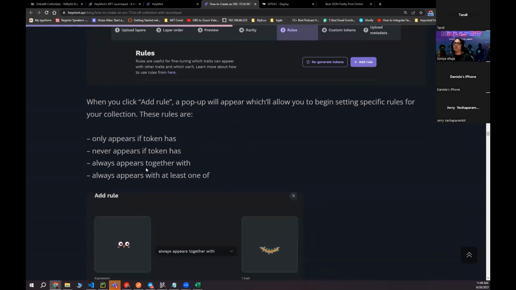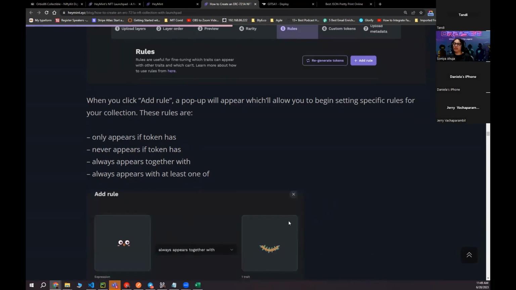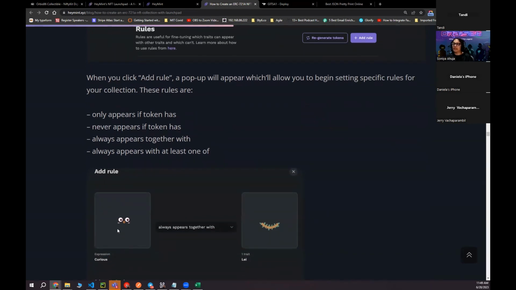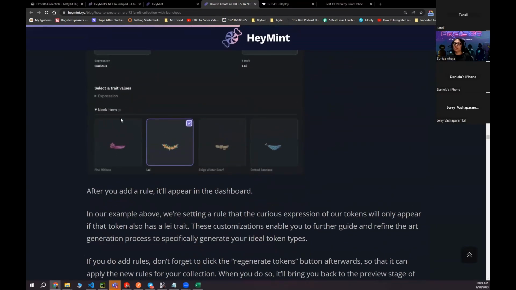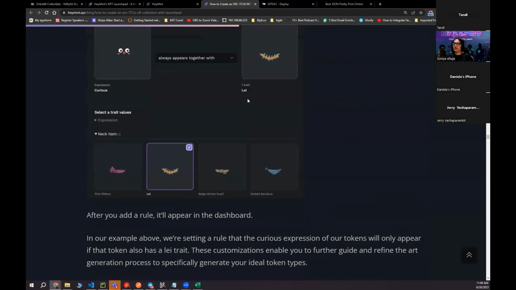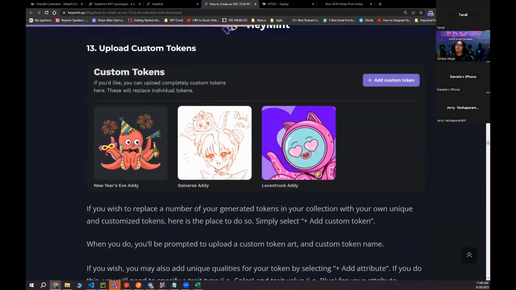These rules are: only appears if a token has, never appears if a token has, always appears together with. So for example, here they are saying that this face and these eyes should always appear together with a necklace sort of layer. Okay. And it's all visual, so you can easily pick and choose your rules and build them out. So once all of your rules are done,